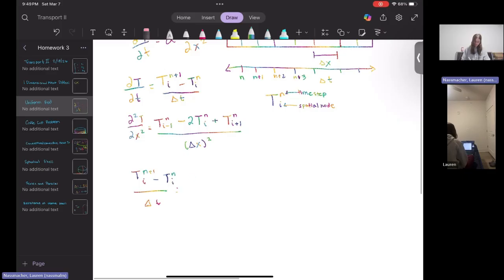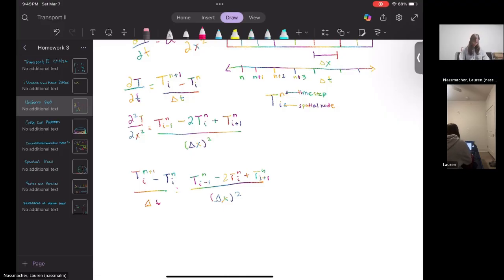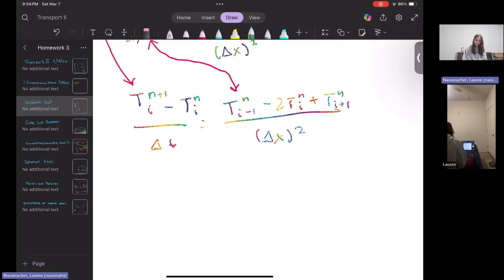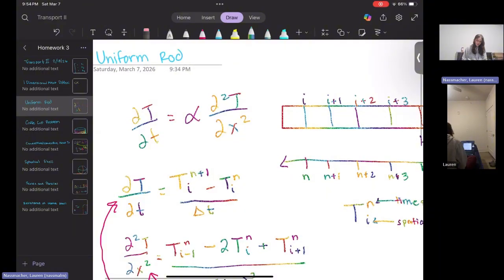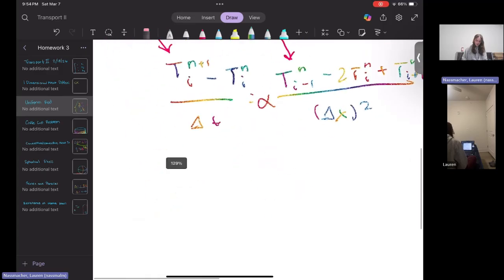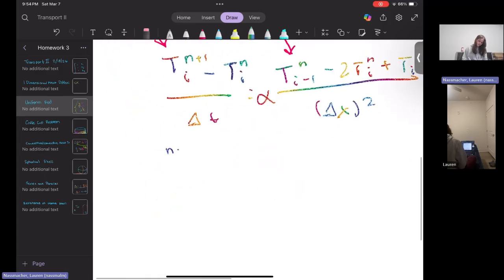Let's do this quickly, not to waste your time. Minus, there we go, almost finished. And that is our rate of change of temperature per unit time multiplied by the second derivative of our rate of change of temperature per distance. Thermal diffusivity will also be a part of our equation because it's in our original one-dimensional heat diffusion equation. And if we want to find our temperature at the next time step to get our explicit finite